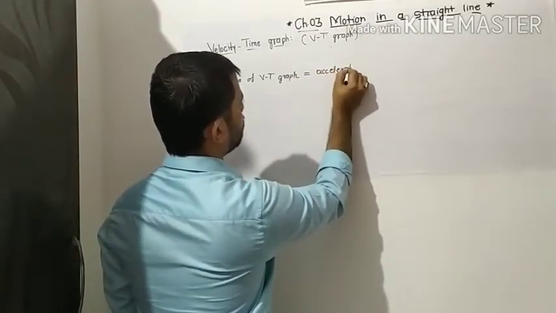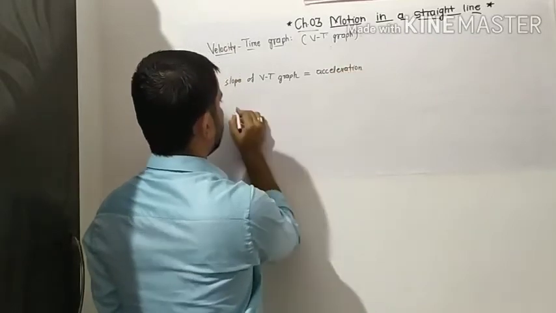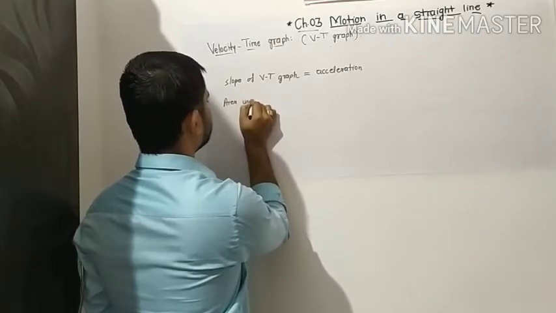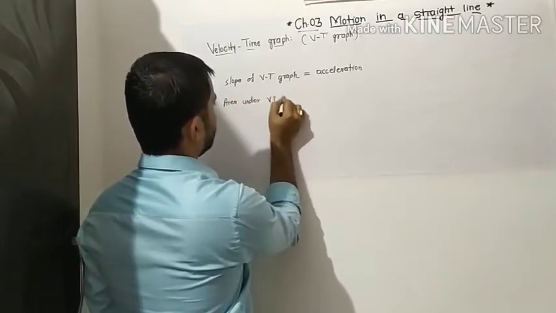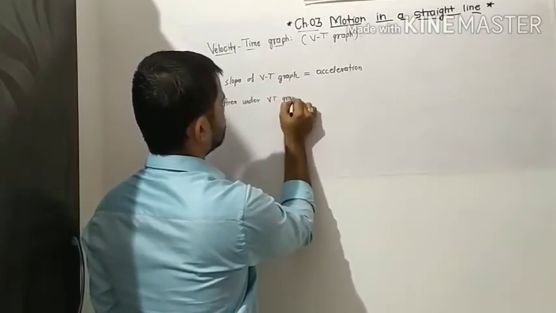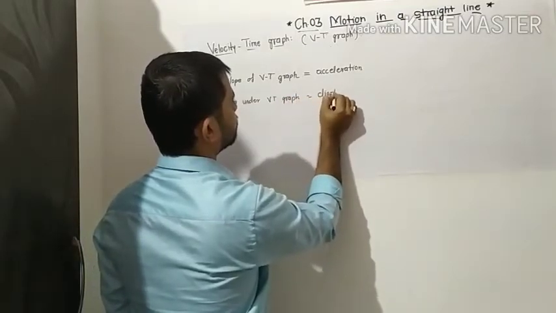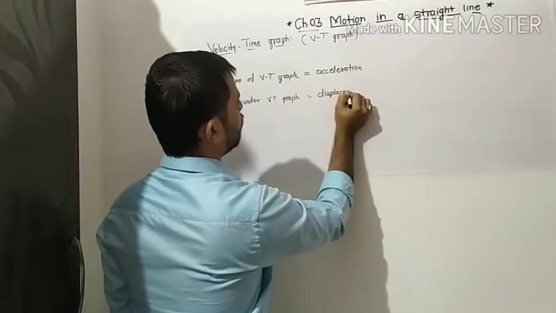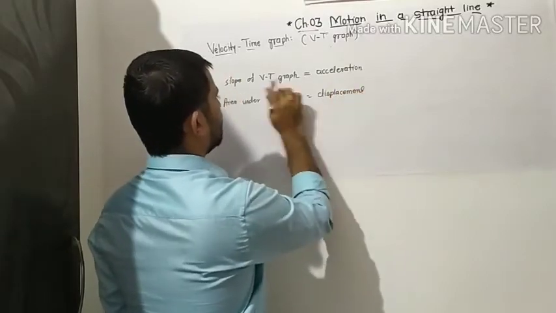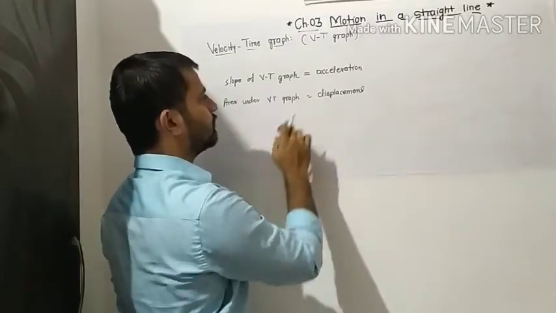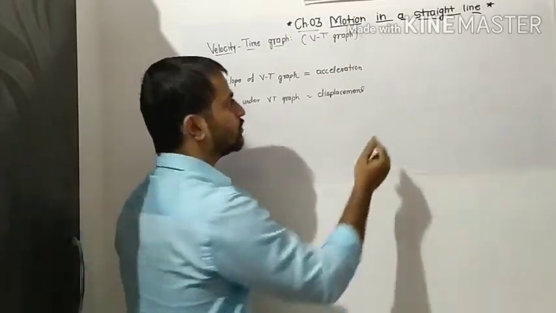Okay, the slope of a VT graph is equal to acceleration, and the area under the VT graph will give us the displacement. Remember this point, that the slope of a VT graph gives us the acceleration, and the area under the VT graph gives us the displacement. Now in case of the XT curve,